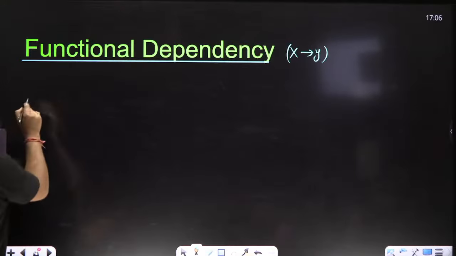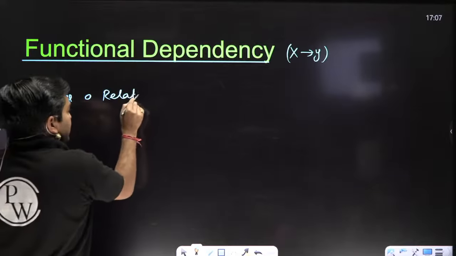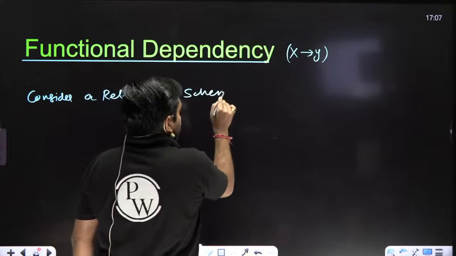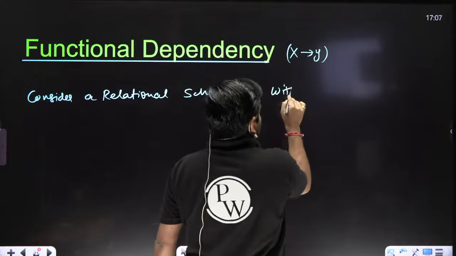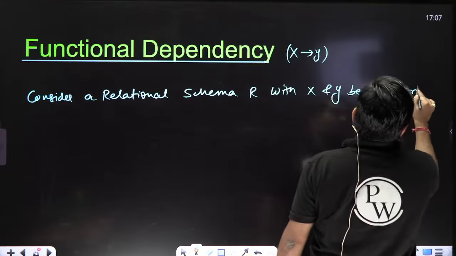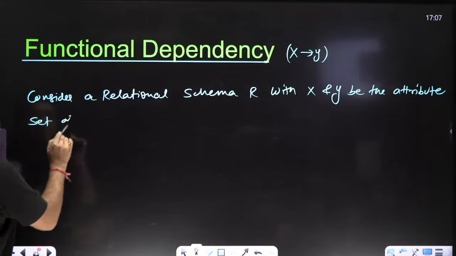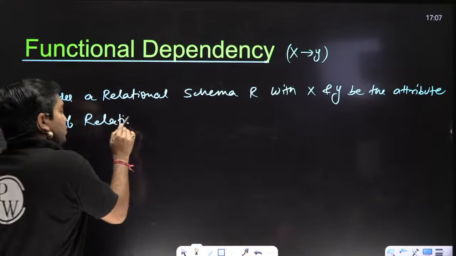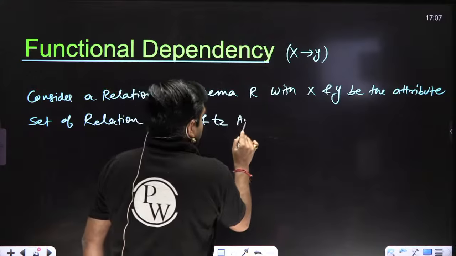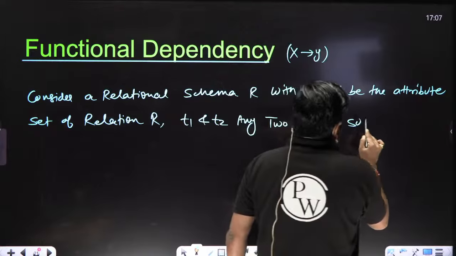Consider a relational schema R, with X and Y being attribute sets of relation R, and T1 and T2 any two tuples such that